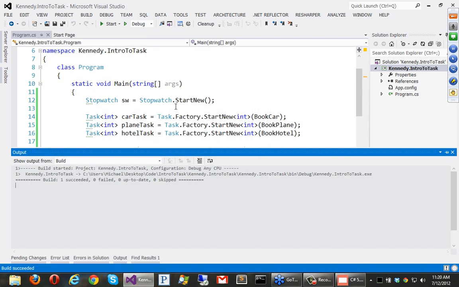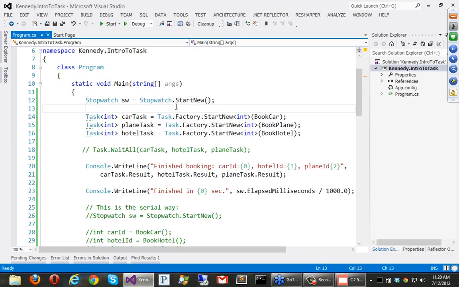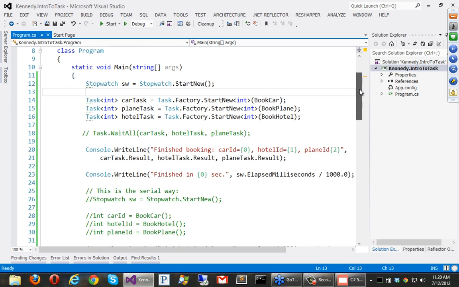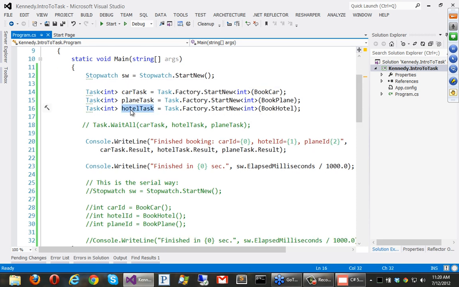Okay, so that's almost enough foundational stuff on tasks. There's just one more thing. What if I wanted to do something like this? What if I wanted to say, when the hotel is done, I need to go do additional booking? Like I need to make sure I set some preferences. Like maybe you've set up in my Expedia type of website that you always like a room with a great view. And so we could set up something that after the booking is made, we could go back and send something to the hotel.